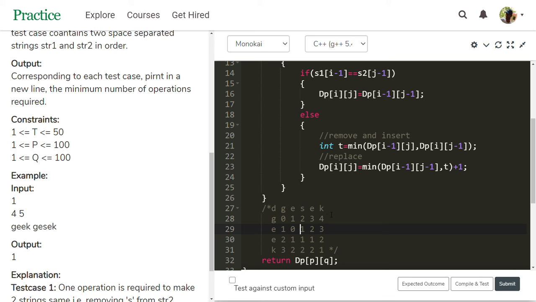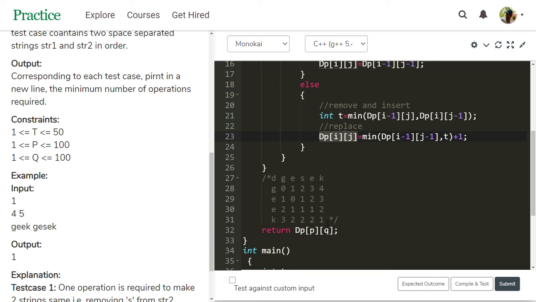When we go to i minus 1 or j, when this dp value is affected by this value, then that is insertion. When this dp value is affected by this one, that is removal. When this is affected by these values, that is replacement. These three things happen; whichever is the minimum, take that one and add it to the new dp value ij.